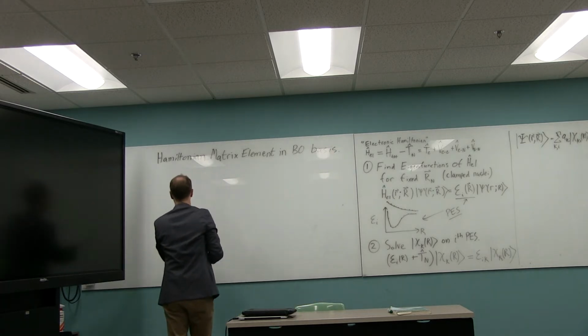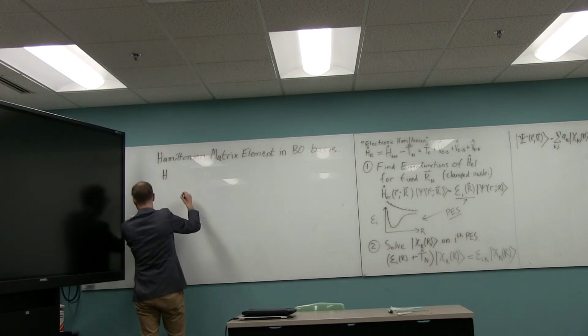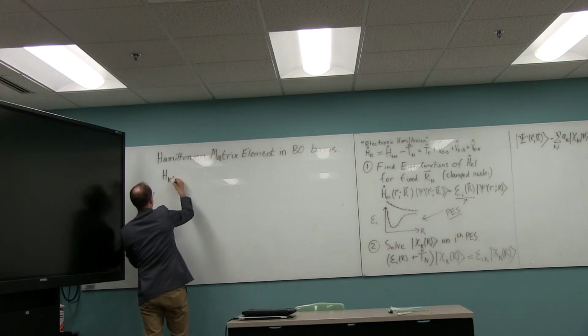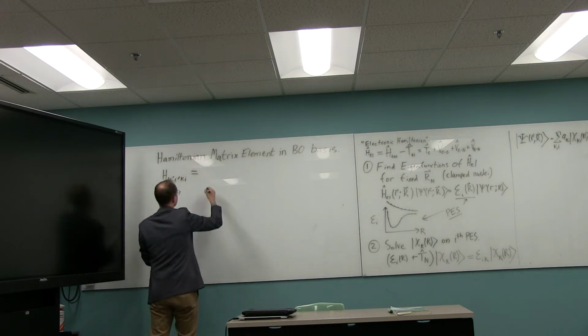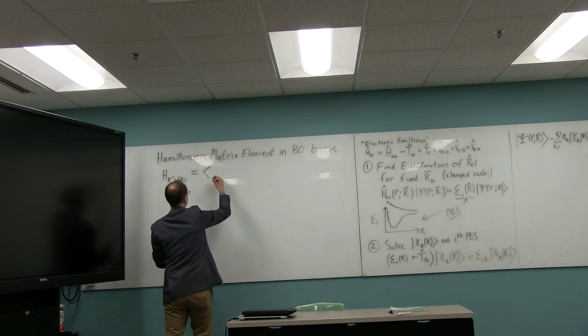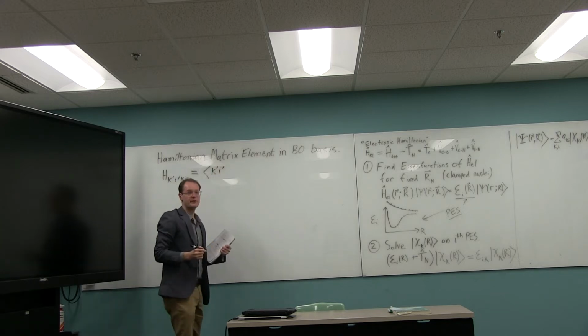So basically, I'll denote this H, K prime, I prime, Ki, right? And so a matrix element, that means you take basically the K prime, I prime wave function state,